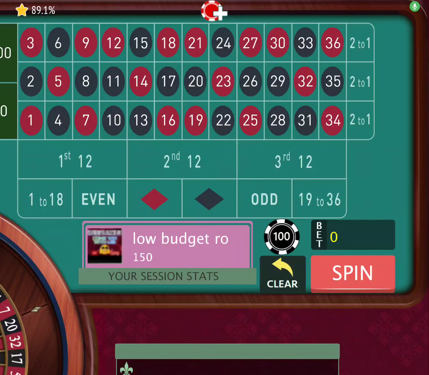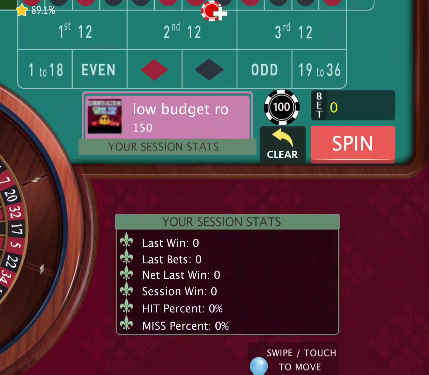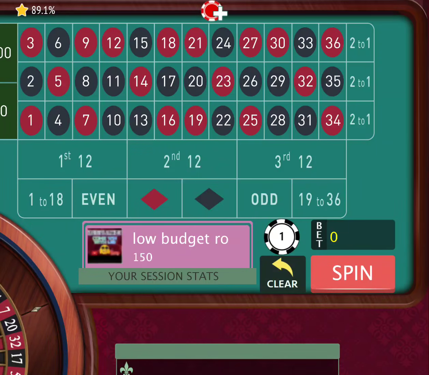Low budget roulette. Today I have a tiny bankroll, as you guys see, of